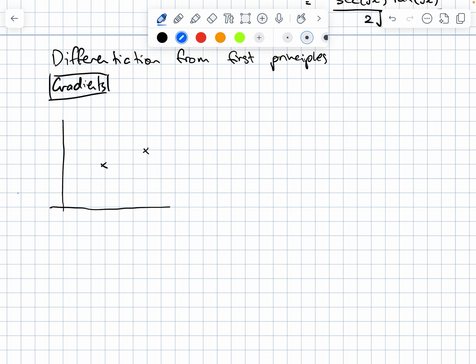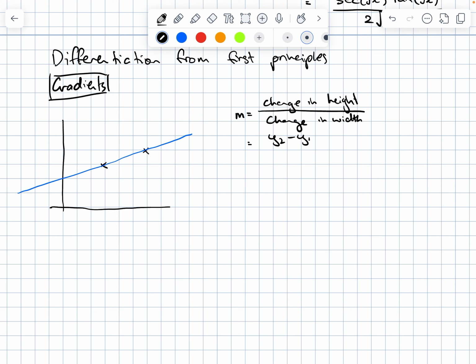That gives a straight line that looks like that. To calculate the gradient of this line, we use the rule m equals the change in height over the change in width. That could be better written as